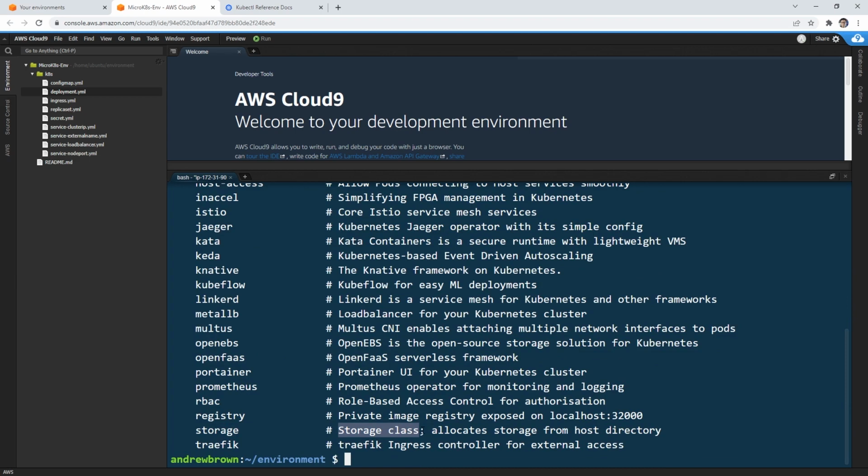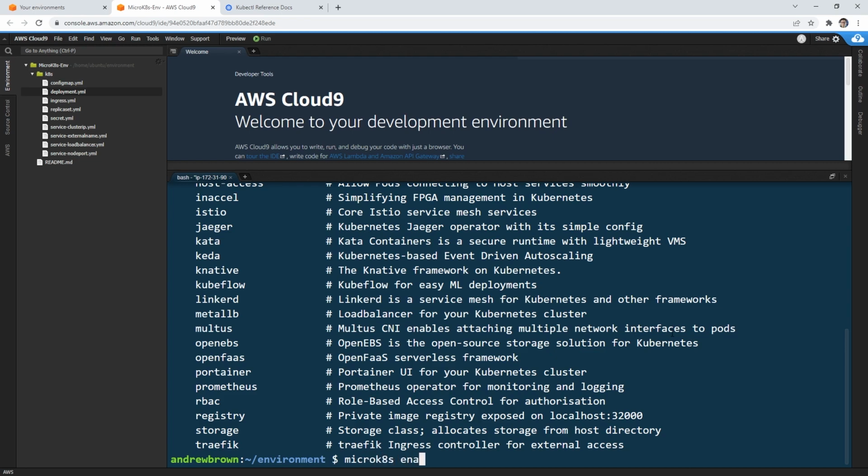The reason why we're doing this is because when you usually have a storage class, you generally are linking to something external. So it could be like AWS EBS or Azure Disk or something like that. And just to make this easy for development, microK8s has this storage class that is locally on the machine. So we're not going to learn how to create a storage class because it's going to create one for us, but we are going to use it, and it's just going to make learning persistent volumes and persistent volume claims a lot easier. So we'll type in microK8s,